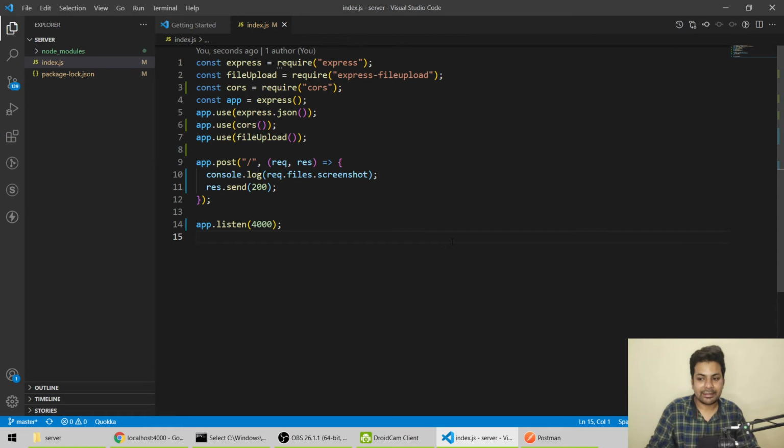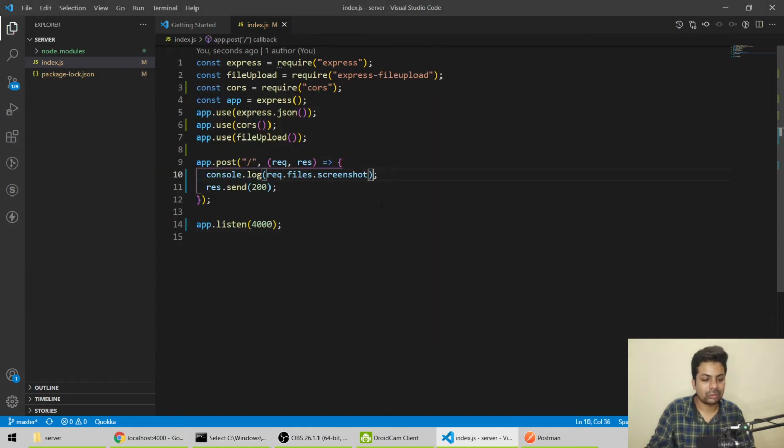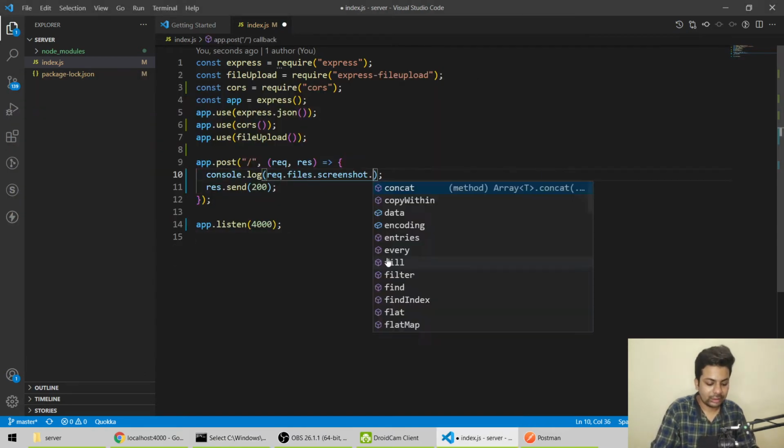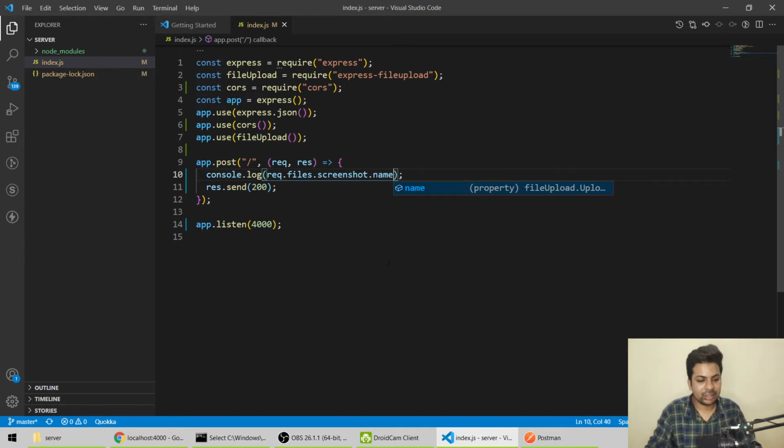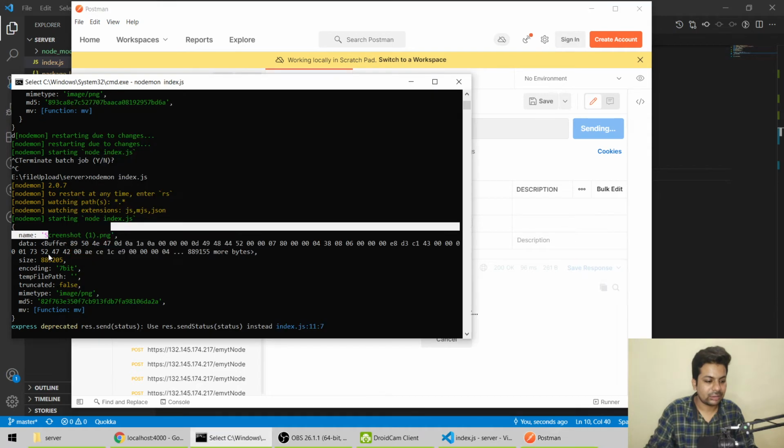Now after that we'll make an upload path and save this somewhere, but firstly I have to save the name. So how do I access it, dot screenshot dot name, like normal? Let me save it and show you again. Open Postman, send the request.